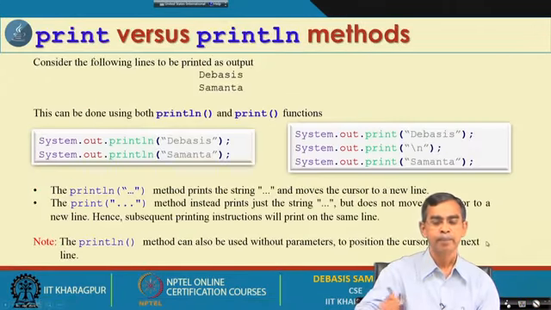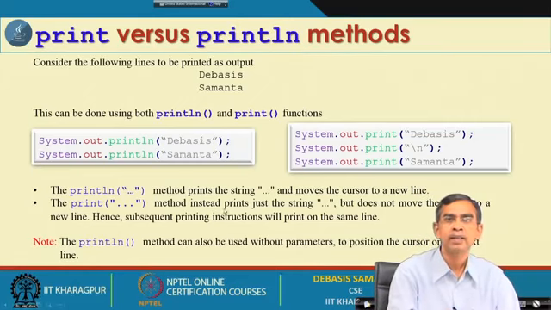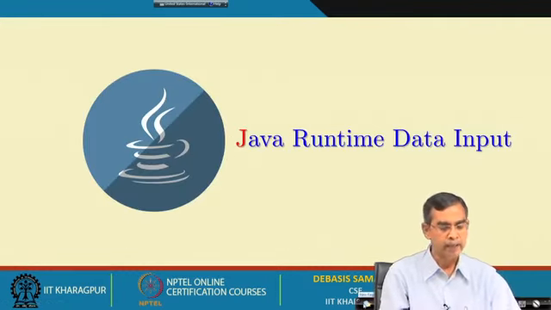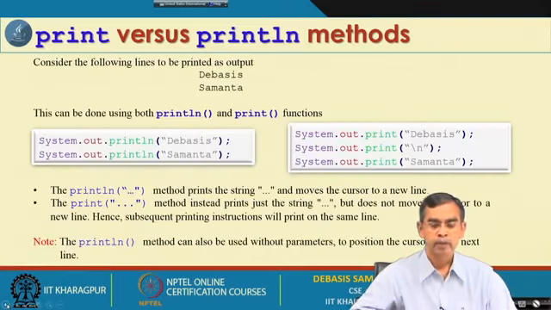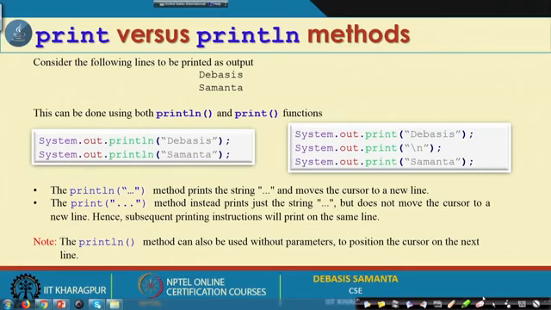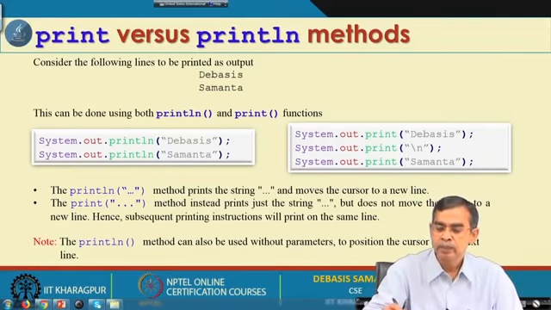The concept is like this, and as I told you, it has many variations: println, similarly print. The difference between println and print is that after the output, the console cursor will automatically go to the next line if we use println. So ln stands for next line. If you use print, then the cursor will not go to the next line, but if you want to force the cursor to go to the next line, then you use this \n.